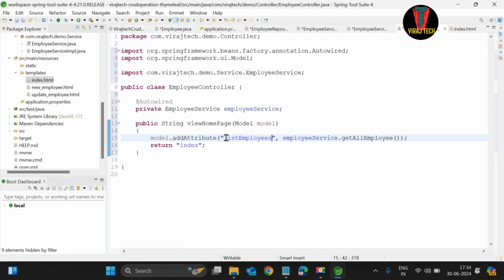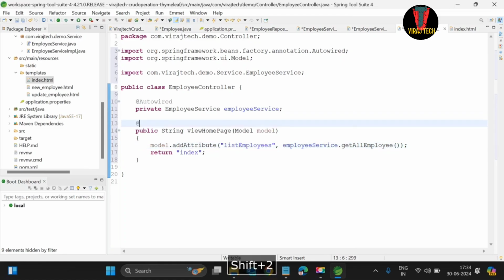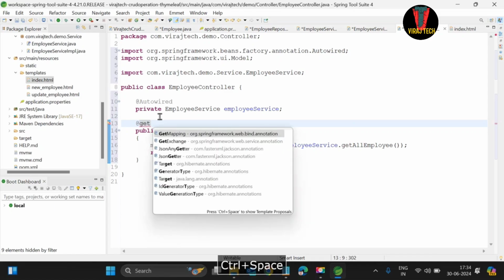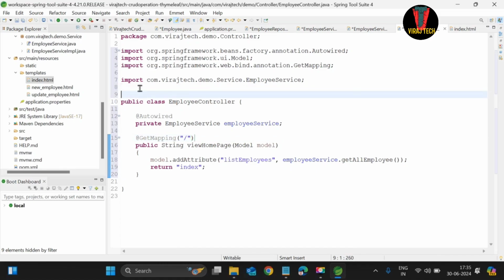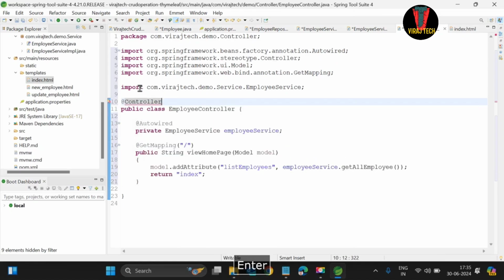After that we will use the annotation GetMapping, control space enter, bracket, double quotes, slash. We'll also use the annotation Controller, control space enter,